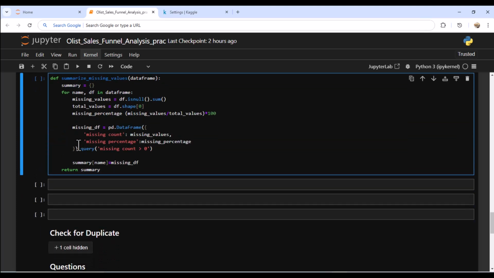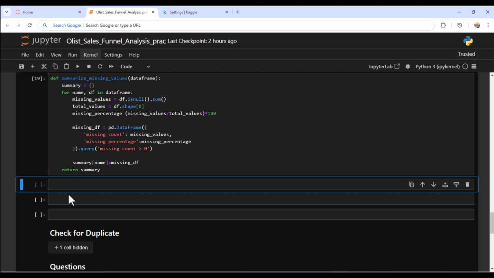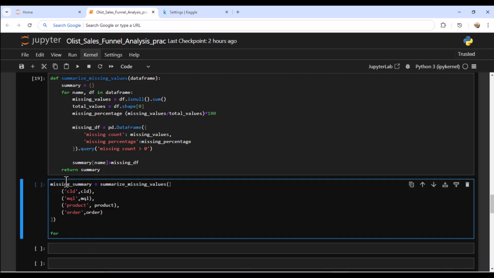Let's run the function over here, then declare this here. Let's say for name and DF in missing summary dot items,